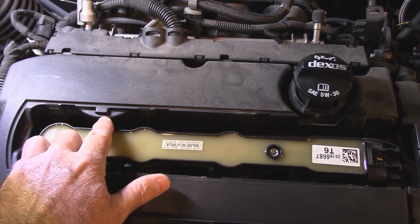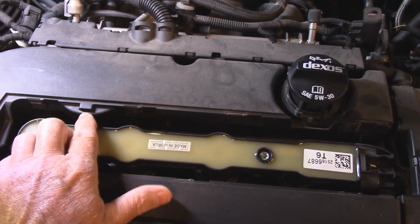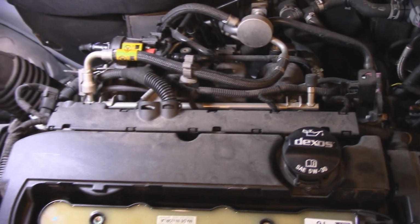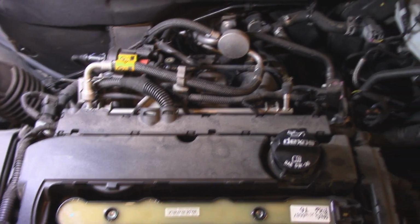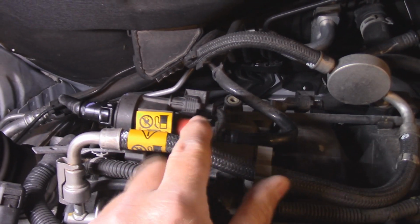So you start the vehicle up and you just put your finger over top of here. And if it's leaking, you will hear a hissing coming through here. That's one spot there, that's what I checked first. And then I came over to here, and if you take a look at this gizmo right here, well, this